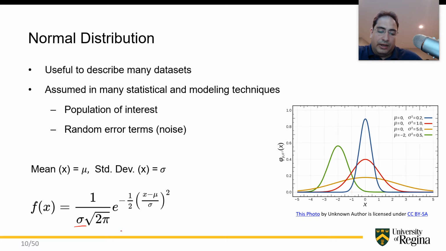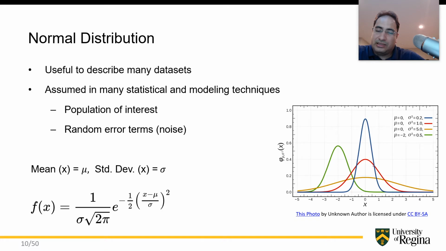One is sigma, which is the standard deviation of your samples, and then we have mu, which is the mean of the sample. So we estimate the mean and the standard deviation based on our samples. We get those samples, we calculate the mean of the sample, so we estimate mu, and we estimate the standard deviation, and then we could draw